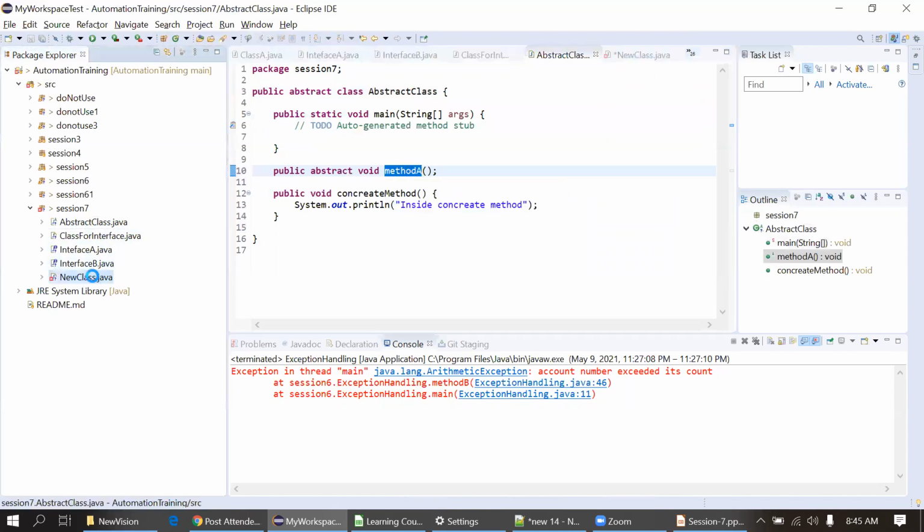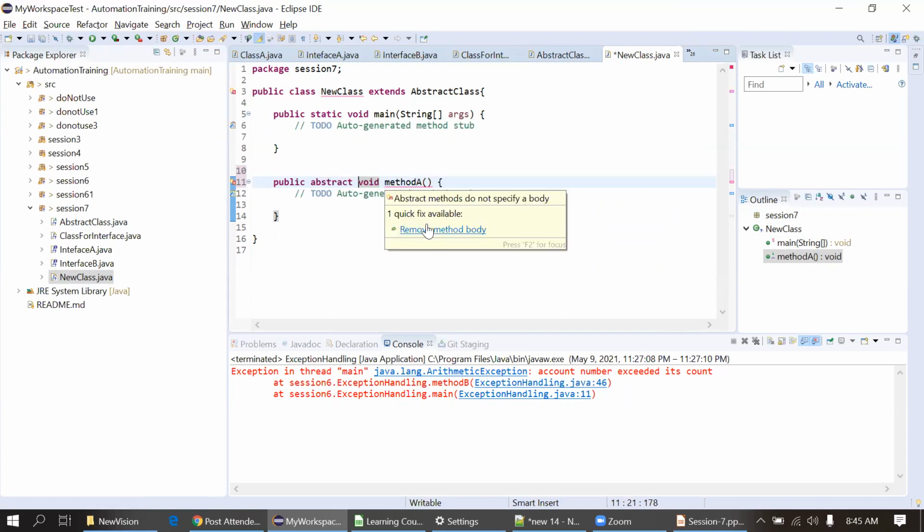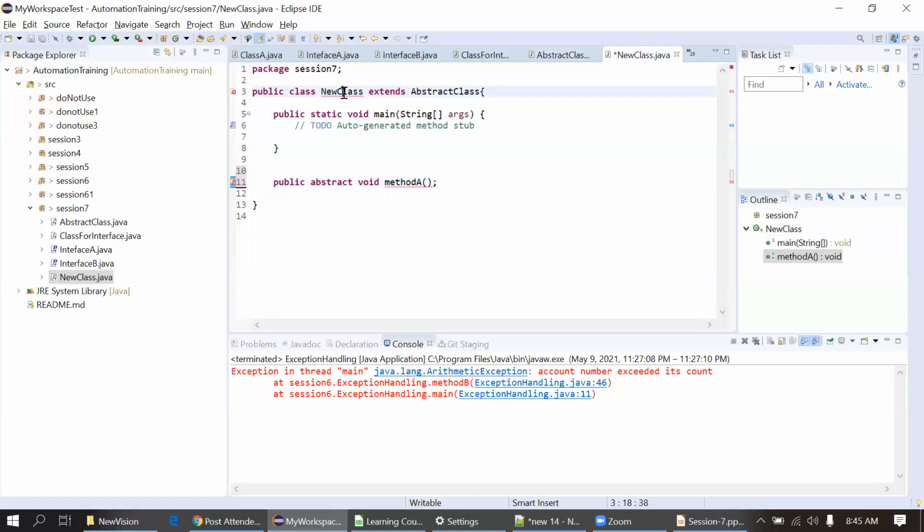Suppose I don't want to implement this here, so I can again make it abstract. Okay, it will not show any error.